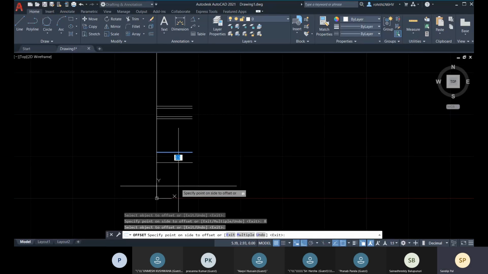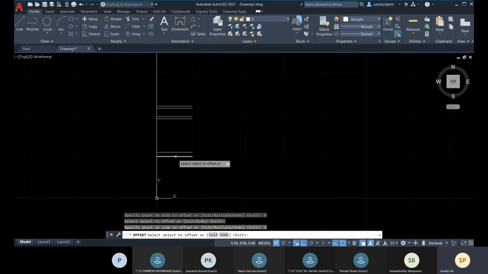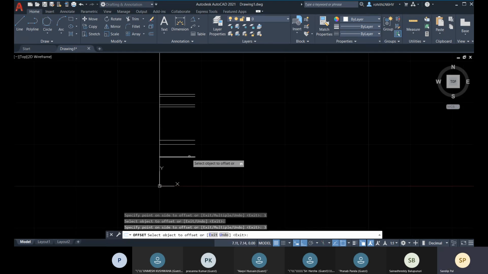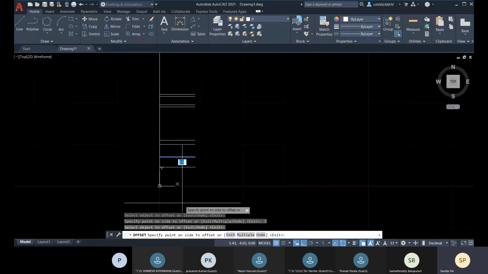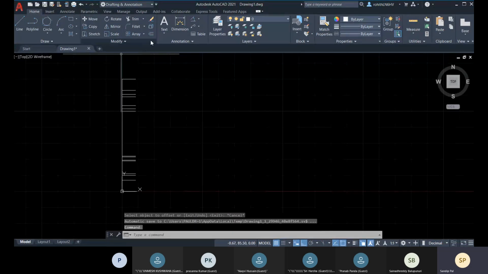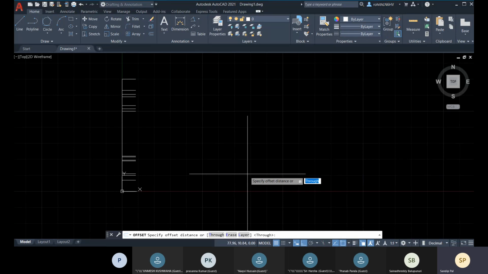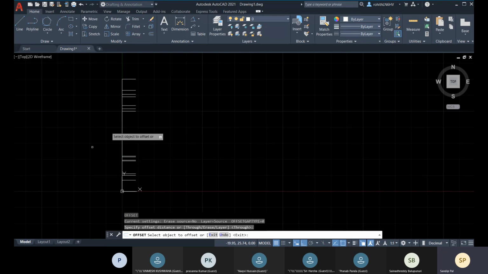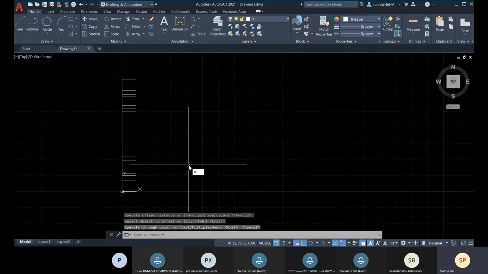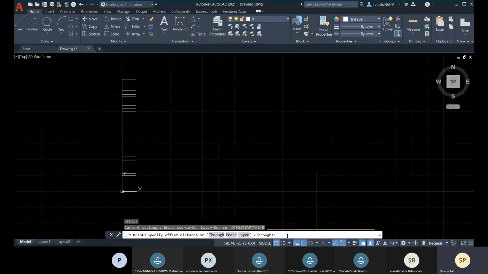Select this, place towards the bottom, and then go for the value 1, enter. Select this, then go for 3, enter, and the remaining is 7. So you can type 7, enter, and here we have. Okay, and again go for offset. Oh, sorry, within that command I could do that. So like this: O enter offset, and you type the value.